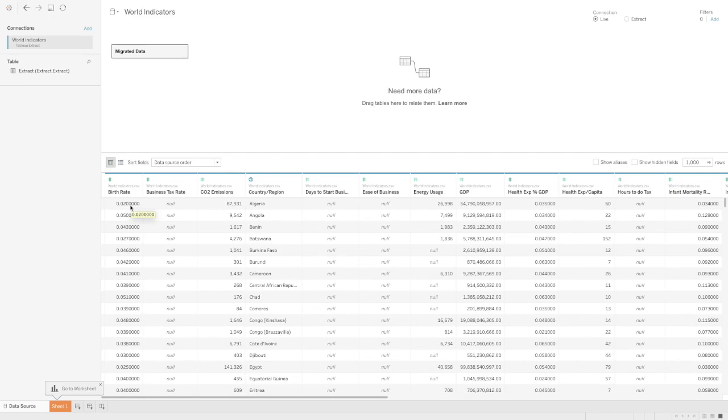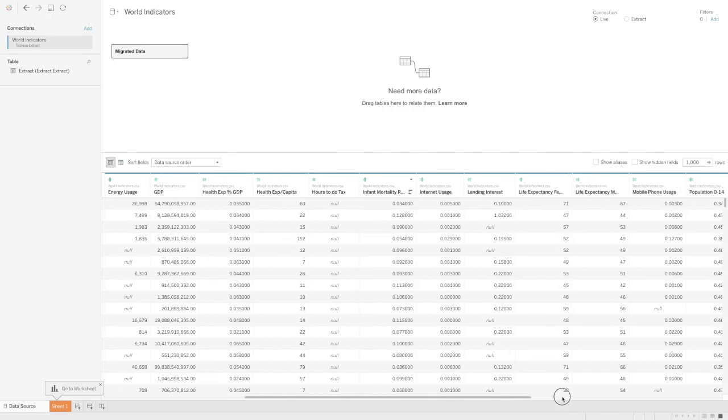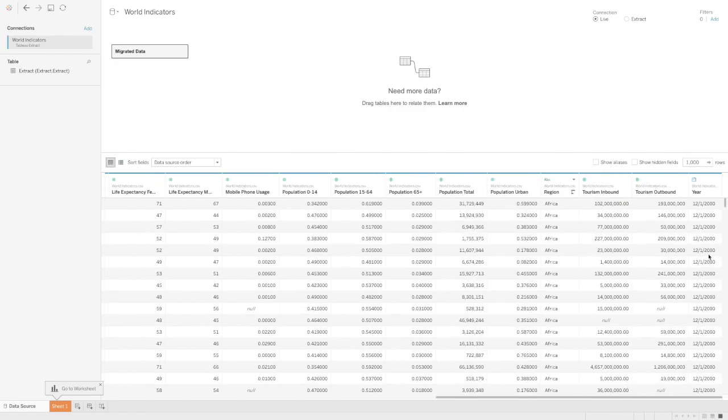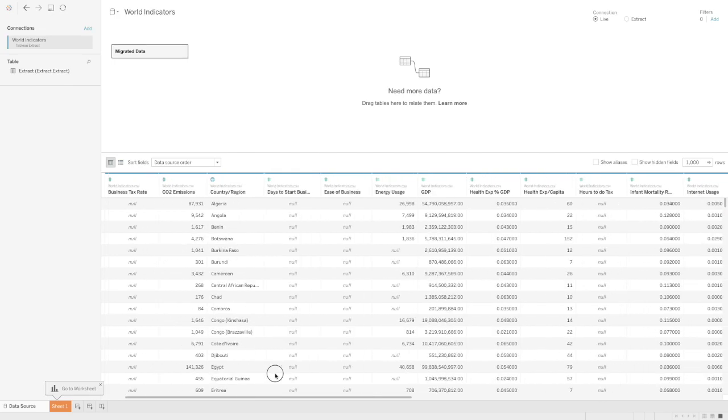And if we look down here, we can see that everything from the birth rate, CO2 emissions, the country name, days of business, all of this is in here, including their GDP, infant mortality rate. So we can scroll over and see what else is available. Tourism, the region, the population total, and the year. So we have enough here that we can work with this, and we'll be able to create some visuals to